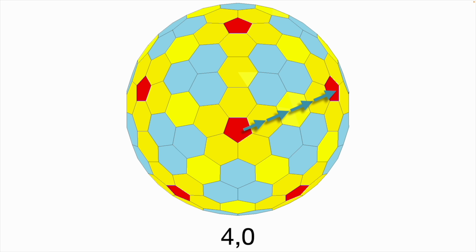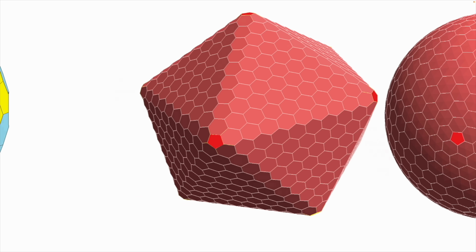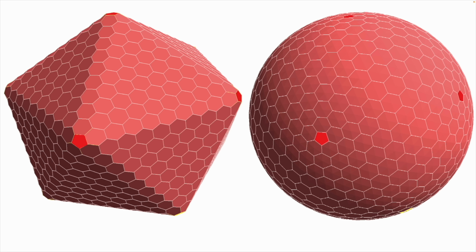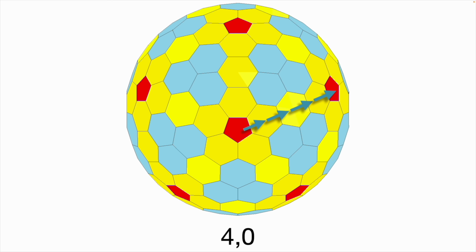And don't worry about the different colors. They're just different shaped hexagons. They're not all perfectly regular. They've got slightly different edge lengths to make it a sphere. We could have them all the same edge length on the left. That's a 1, 2, 3, 4, 5, 6, 7, 8, 9, 10. That's a 10, 0 Goldberg polyhedron. The one on the right, also a 10, 0, but we've adjusted the length of the edges to make it more spherical. So that's what the different colors represent, just where the edges have been changed.